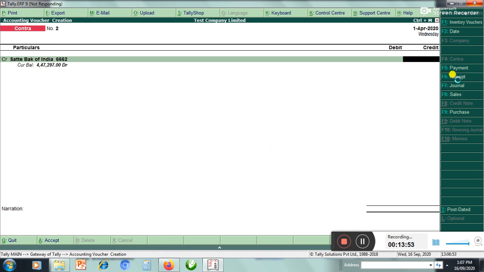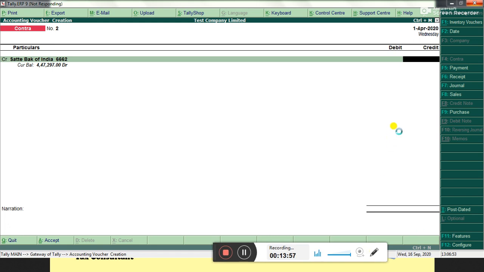For payment and receipts, some settings you have to do. You can go to the configurations. Go to the configuration, and there will be an option called single entry mode. Always you have to say no. Single entry mode no, and use debit and credit instead of to and by. You have to say yes. Remember, go to the configuration before passing this payment, receipt and the contra. Go to the configuration, single entry mode, say no, and debit and credit, say yes.